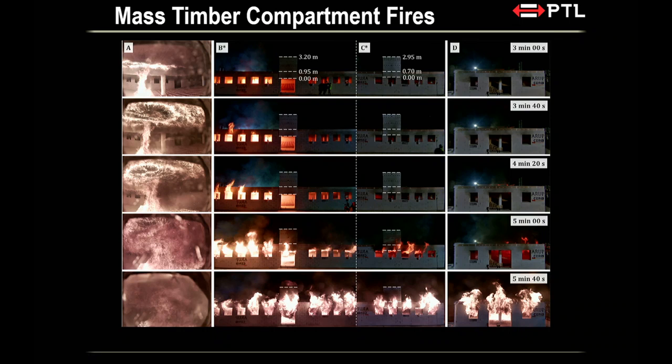And then the ceiling gets involved, right? The second and third is showing you how the CLT ceiling starts to get involved. Now what happened is you basically have a radiant panel that is re-radiating onto all your wood cribs that is on the floor, right? So about 5 minutes time, you can see the fire has propagated to probably about midpoint of the compartment, all right? It's still pretty slow, but in 40-second time, it shoots across 15 meters all the way to the end of the compartment. So these fire dynamics can change quite rapidly.